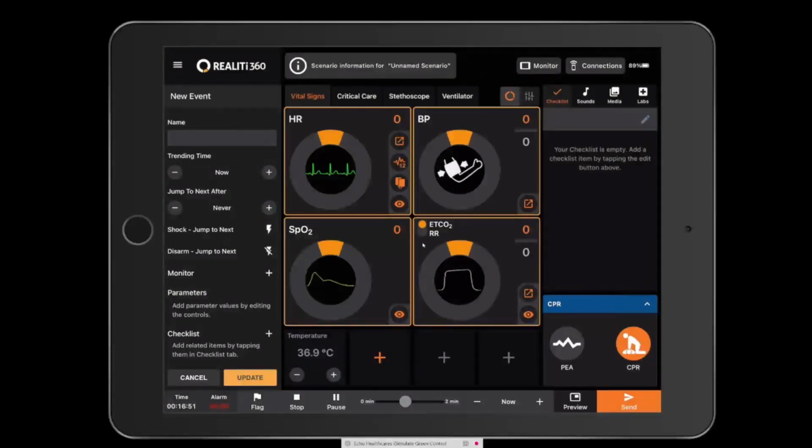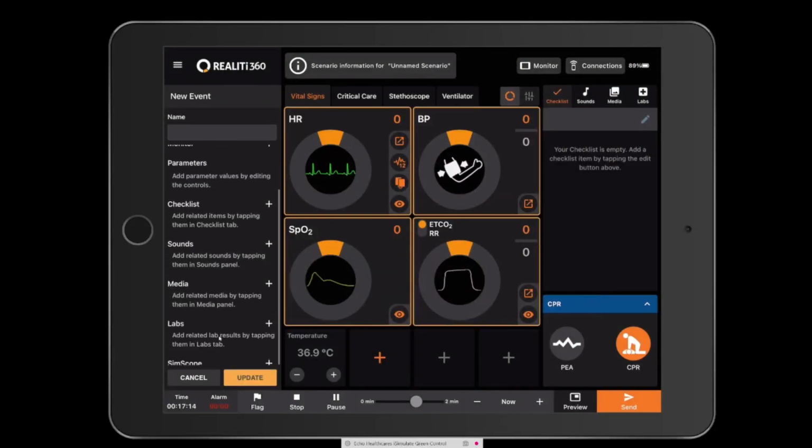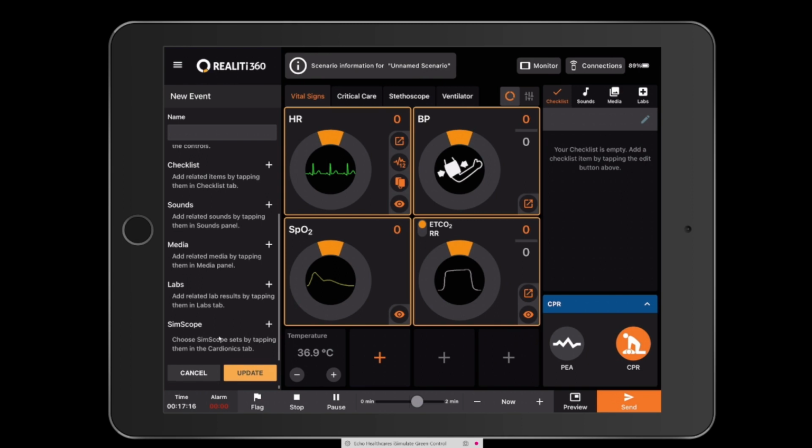In these four highlighted boxes, this is your vital signs. To the left, you're going to name your state or tile. You can do trending times. You can do jump to after next. You can do shock and jump to after next. You can pick which monitor you want to use. You can set your numerical parameters here, and you can create checklists as well as sounds and media, labs, and